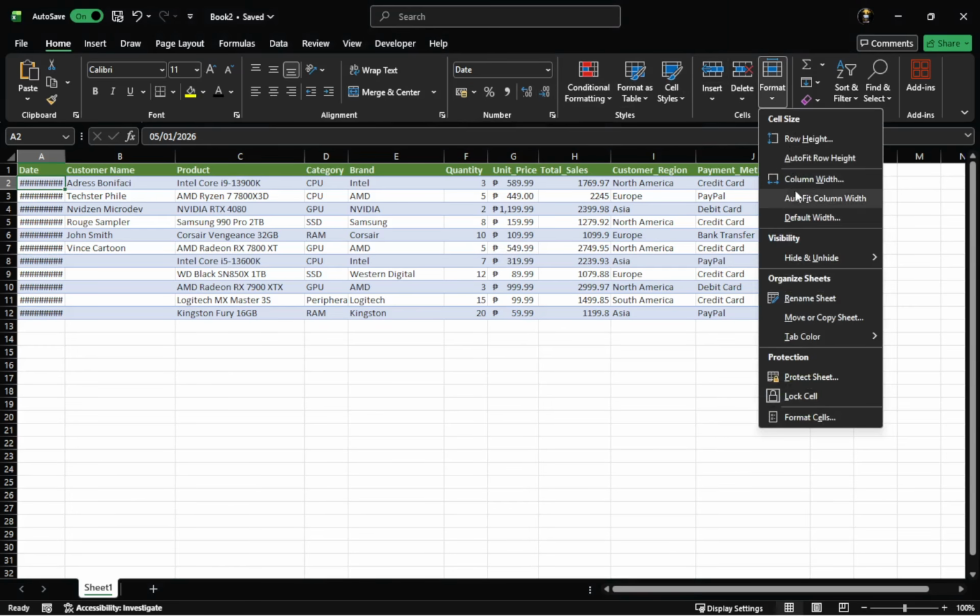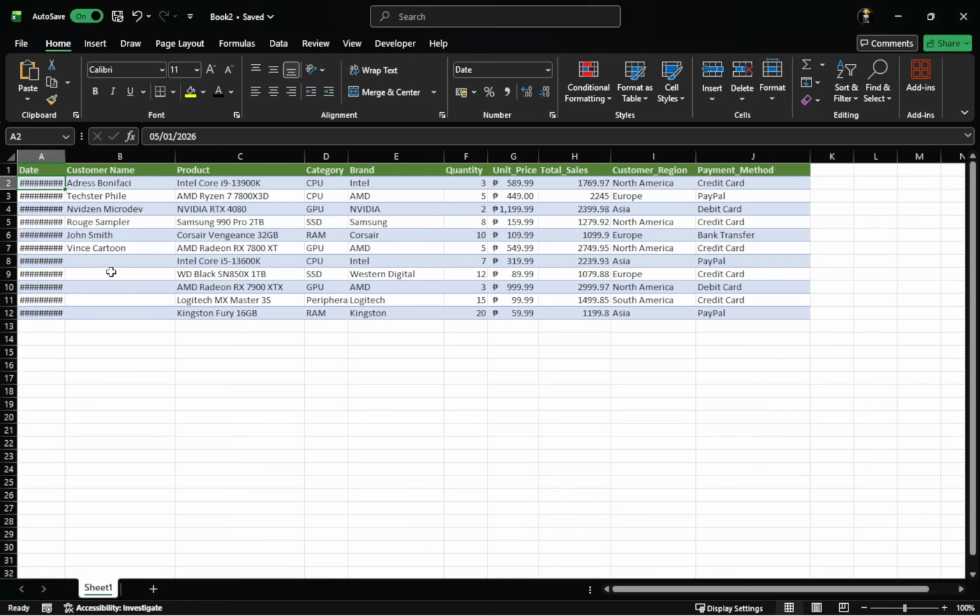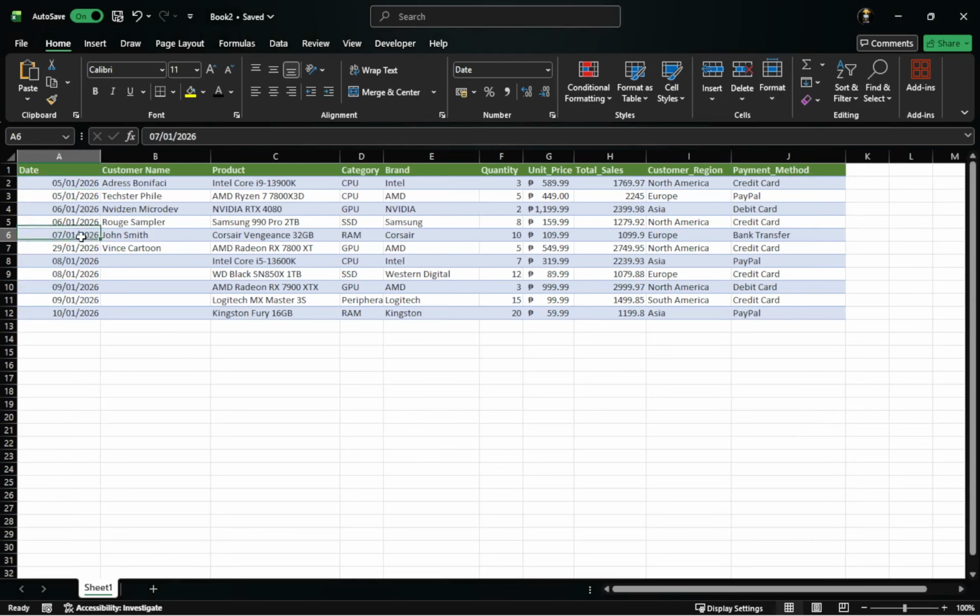Now let us fix a cell you cannot edit because the sheet is protected. Click the cell you want to change, and if Excel shows a message saying the cell or chart is on a protected sheet, note that message. At this point, go to the Review tab at the top of Excel, which controls protection settings.